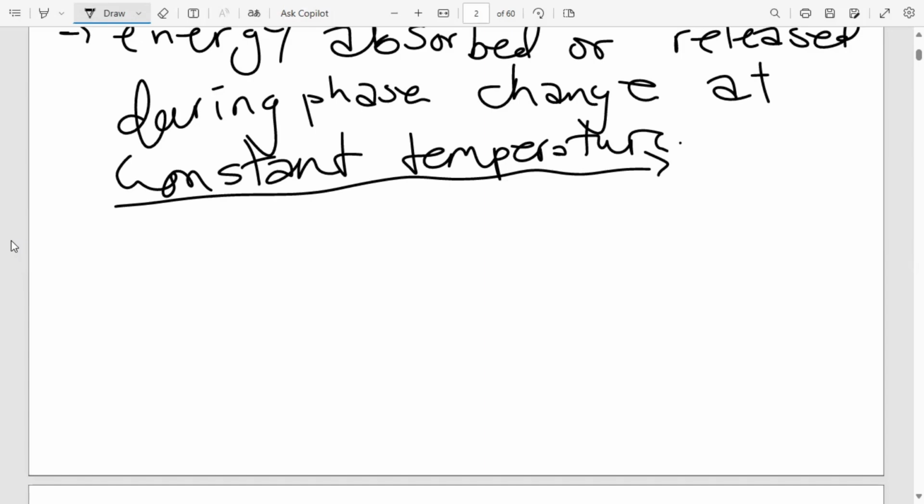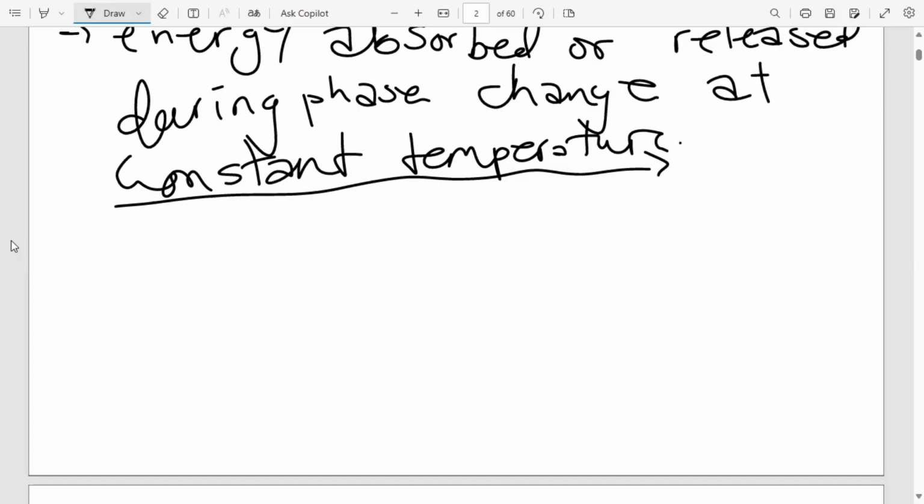Since that thermal energy is absorbed, it isn't seen. There is no measurable change in temperature during a phase change because the energy is absorbed to break down the bonds, the cohesion forces, the intermolecular forces between the particles in that particular phase of a substance. Hence, we see that the temperature is constant.